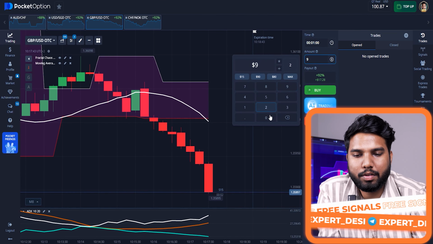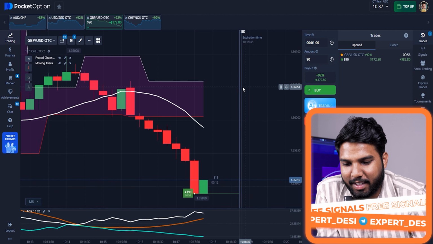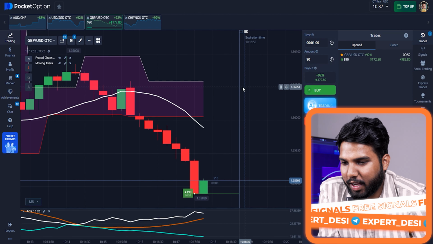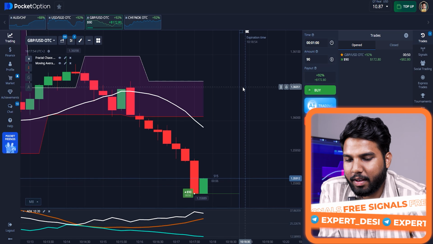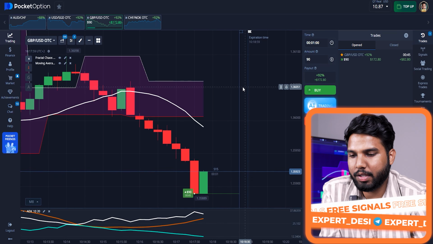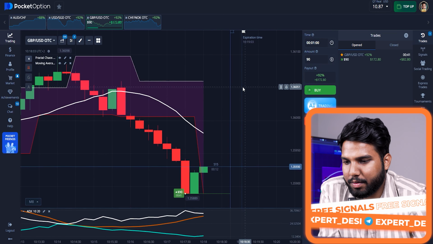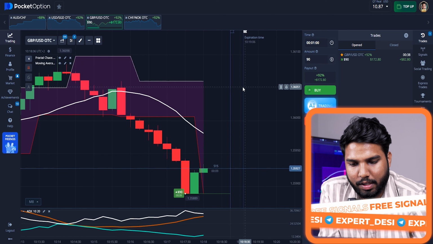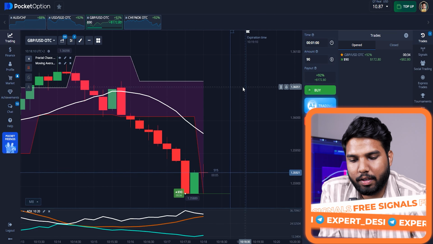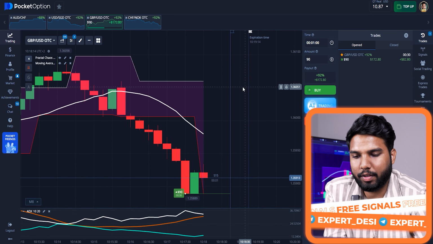So let's change the amount. Let's take $90 so that we have $10 left in case we don't make money. So we have three indicators here and $90. Trade placed in a buy position. Let's see why. So the first one we have is fractal chaos indicator. We can see that the candles right now are outside the graph, or to be precise, they are below the graph,